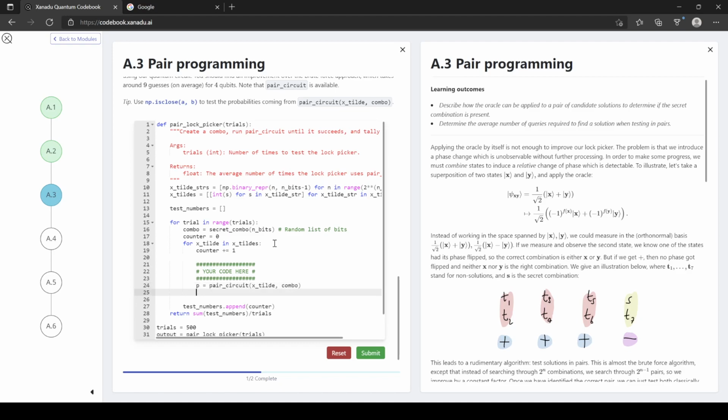And then we want to say, if numpy is close